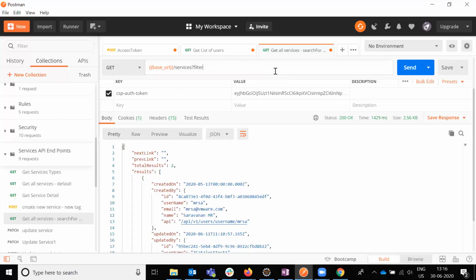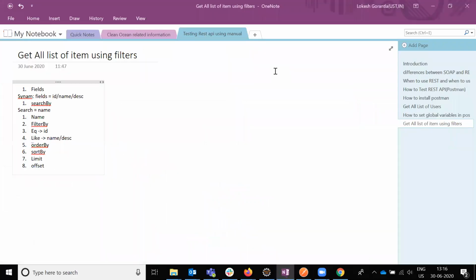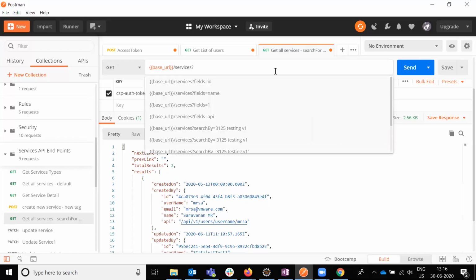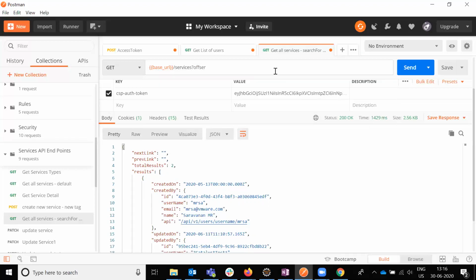Next, the field is complete, filter is complete, search is completed, and then limit. First is the offset. With offset we can set which page you want to display, not the limit. The page will start from 0 onwards, but we see it from 1 onwards.